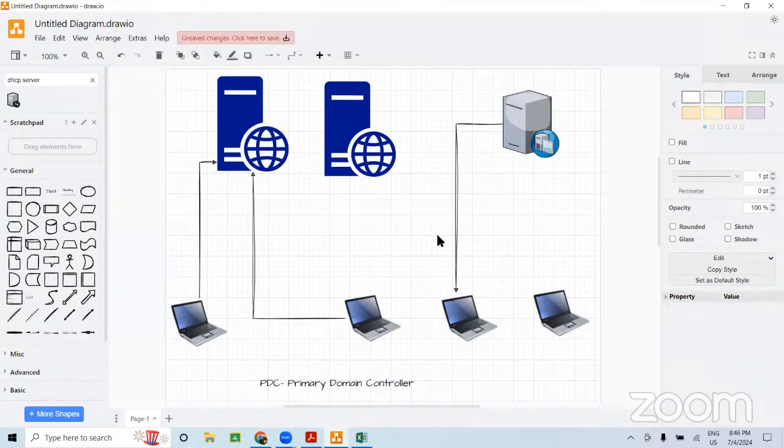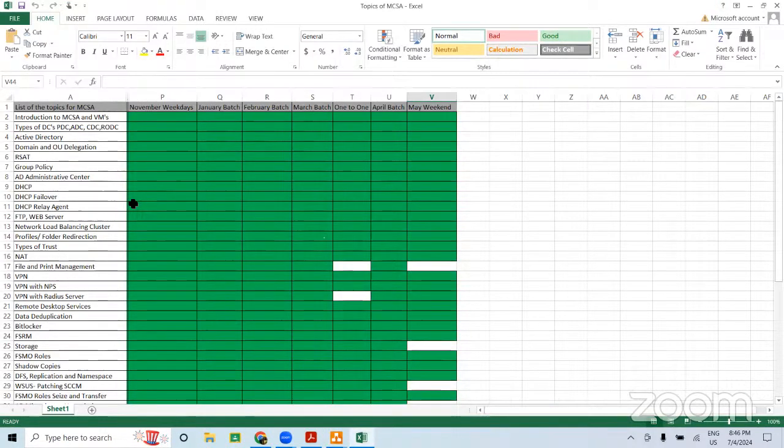Then we will understand the concept and then we are going to implement it in the lab. Okay. And everything is going to be based on real time scenarios,